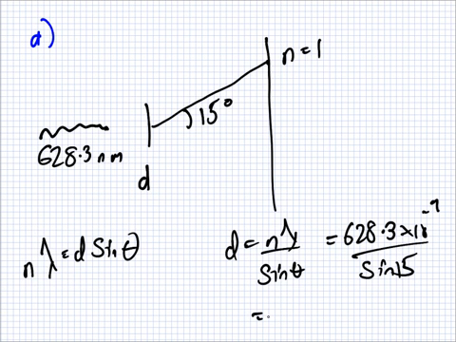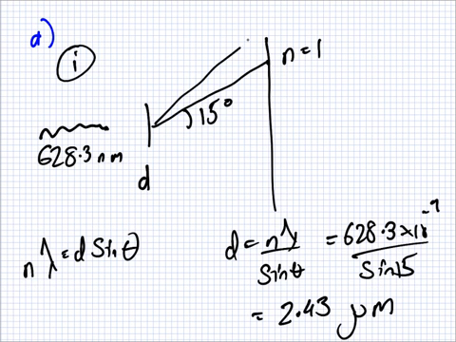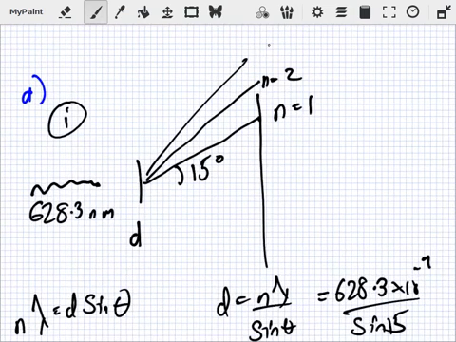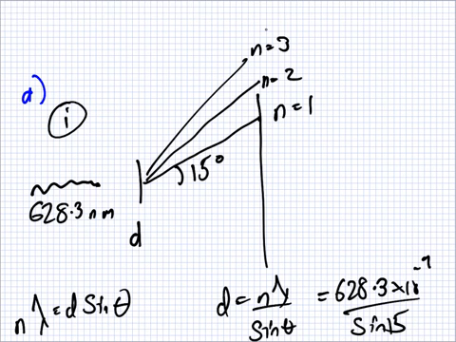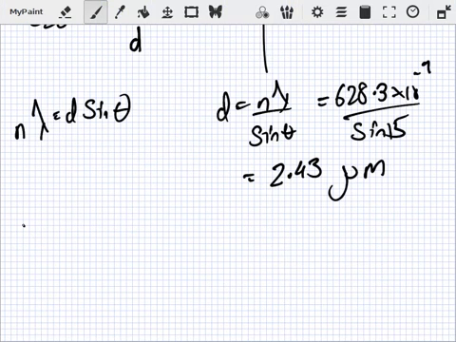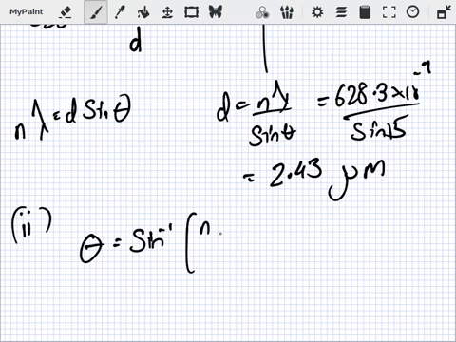I'm giving it to you now. It's 2.43 micrometers. Which is right. Part 2 is they want the angle between n2 and n3. So first we should calculate the angles and just minus them. So theta is sine inverse n lambda over d. So theta 2 equals, and theta 3 equals,